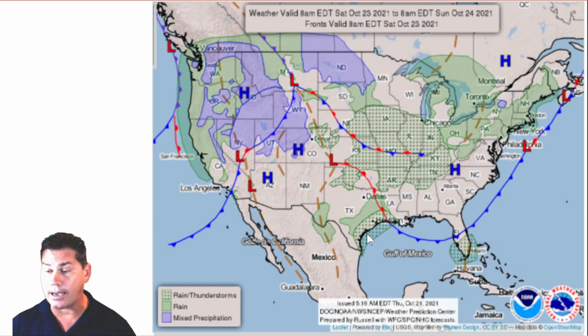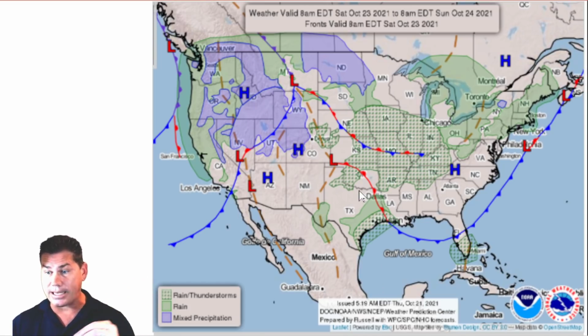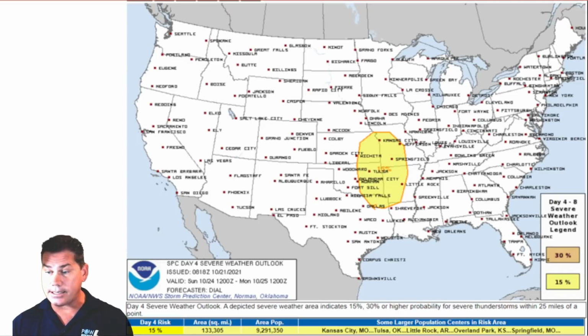We've got the higher winds going to be moving in a little bit higher levels. That's going to cause the split in the atmosphere and create the severe weather threat that's going to be coming up on Sunday. And the Storm Prediction Center, even 4 days out, has highlighted that slight risk for severe weather into northeast Texas here, into portions of Oklahoma, getting into Arkansas as well as Missouri, getting into portions of Kansas,